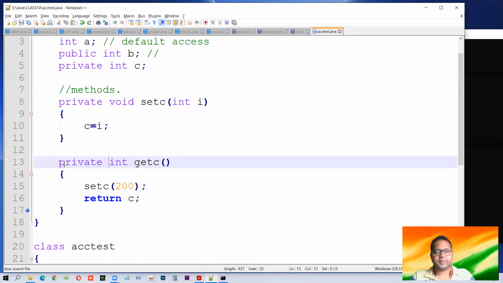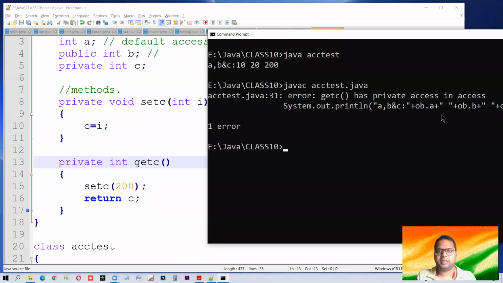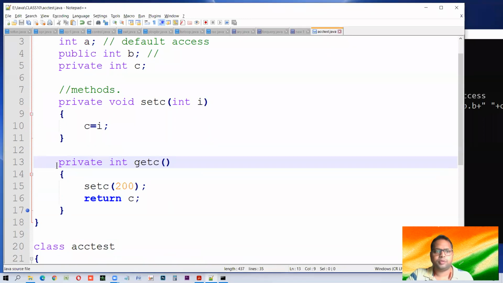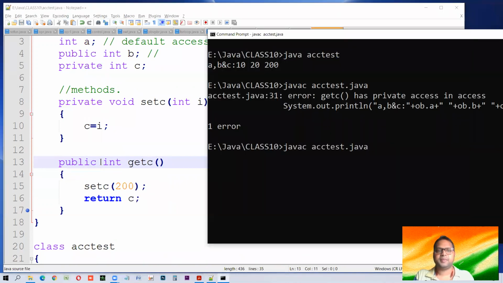So dear students, please practice this. It is quite easy, it is no big deal. It is the same thing. If getC becomes private, then don't make it private, let it be public. If you don't specify it, it is public by default, and if you want to specify it, you can also give it. So fine, no problem. Today we have seen access modifiers in a very simple way. Please try it with your own thoughts and ideas, experiment with it, and you can learn it.